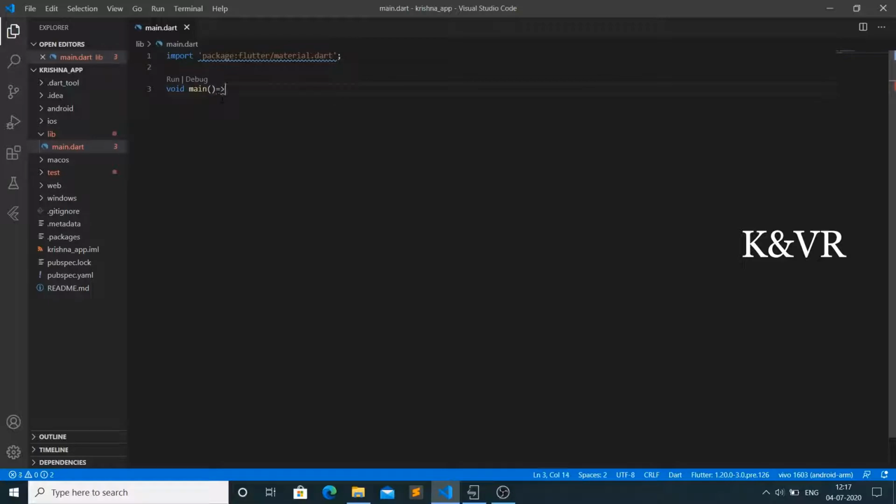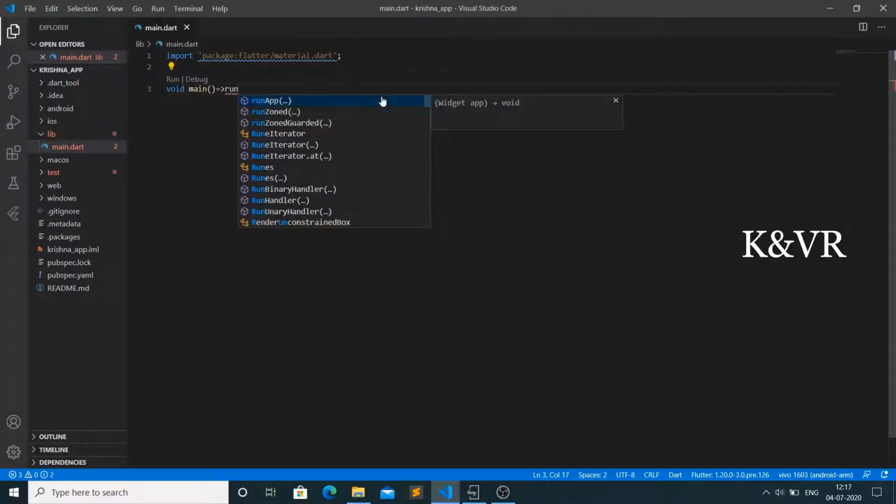Just give an arrow, equal to or greater than. Instead of putting curly brackets, we use it like this. We can write straight from here. We can reduce code. Let's see what you want to run.